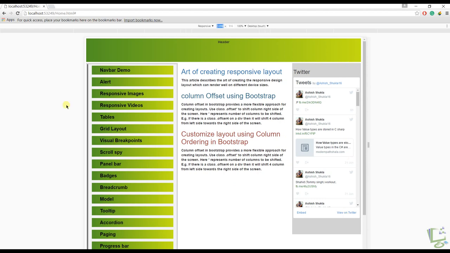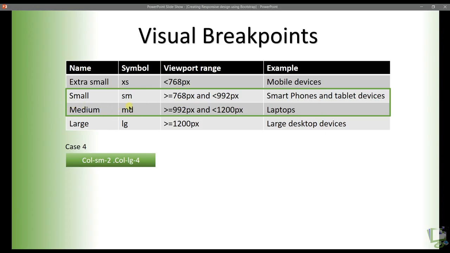The next visual breakpoint is for the medium devices. Anything less than 1200 pixels and greater than 992 pixels will be inside the medium size devices. So let's set the width of the device to less than 1200 pixels, 1199 pixels, to enter the medium device mode.